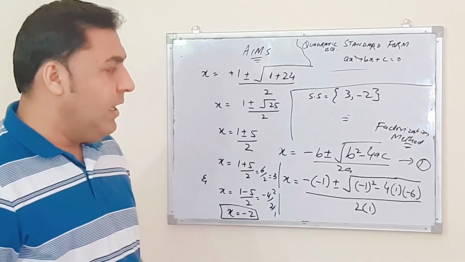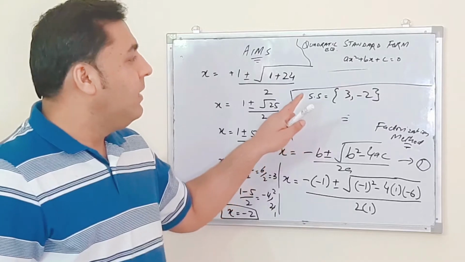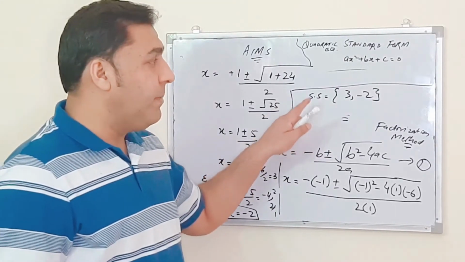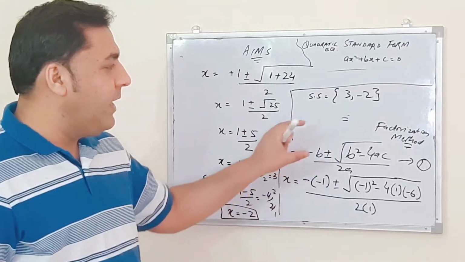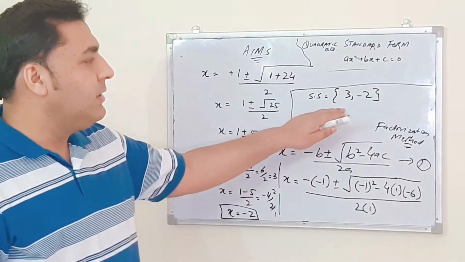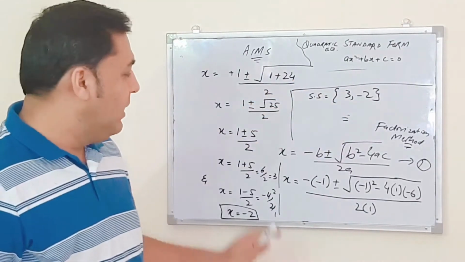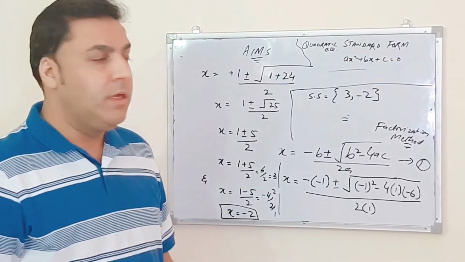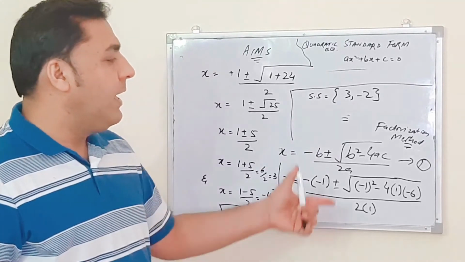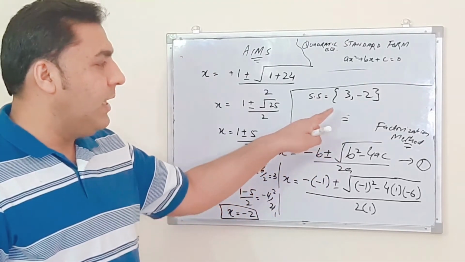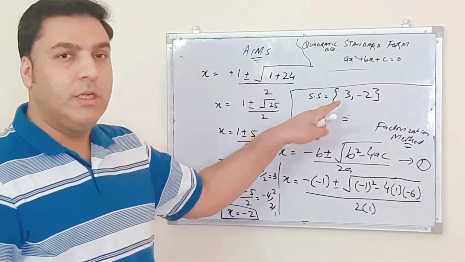We will solve this same example by completing the square. The next method is our completing the square method. Then we will verify this answer. I will show you this answer is correct, and how. We will put back these values and we will see the left hand side becoming equal to the right hand side. So we will be confirmed this answer is correct. And also we are getting the same solution from two different methods, so it is already confirmed our solution is correct.